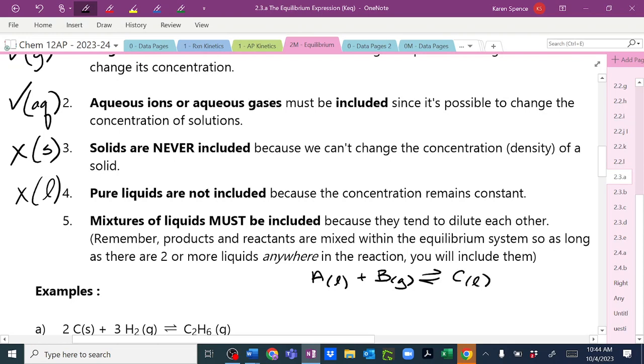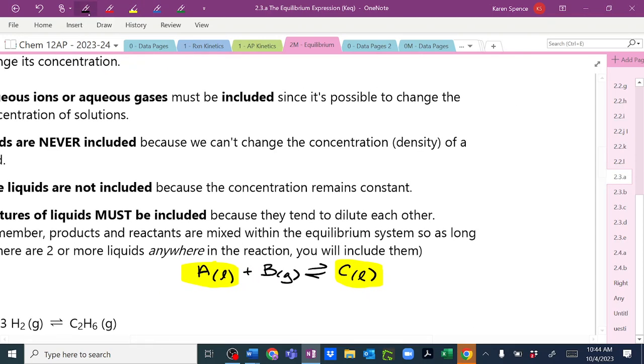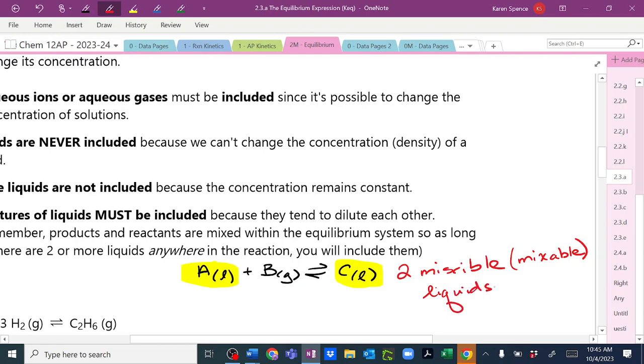If you have two liquids or more, and they are miscible, what does miscible mean? Mixable. They can change each other's concentrations, right? So if you have alcohol and water,